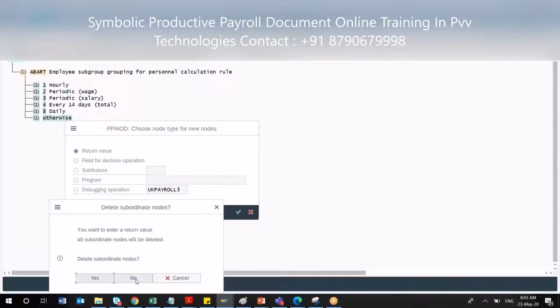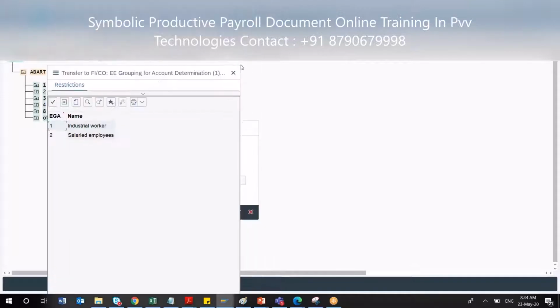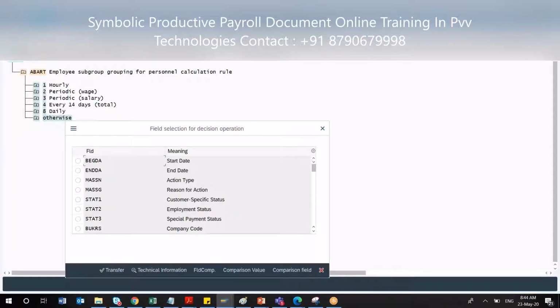Let's say, okay, I think this is the only option that is coming here. Let me put some other example. Field of decision operations. If I put it here, you have other options as well, like employee status, depending upon your company code.